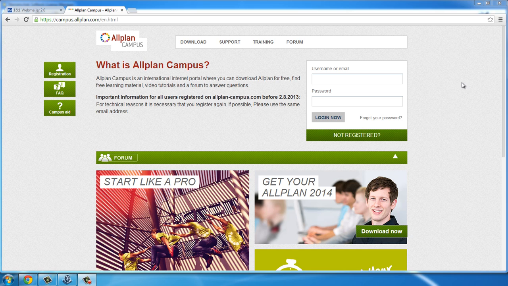After the installation, Allplan will run for 30 days with a trial license. Within these 30 days, you should install your own student license. It's really fast and easy, and completely free for students. The student's license is valid for 1 year and can be extended every year until you finish your studies. To apply for your license, log on to Allplan Campus